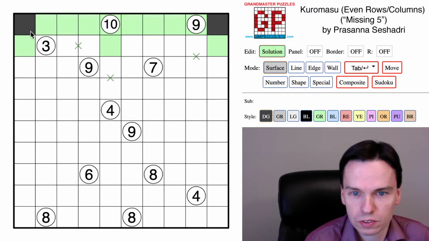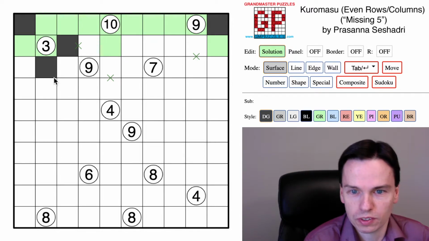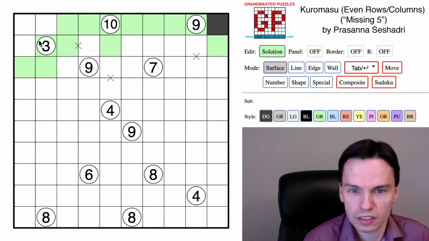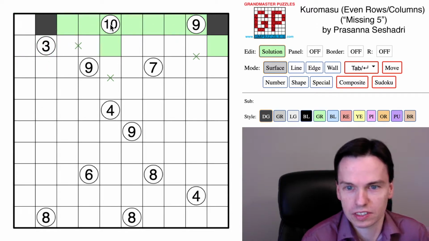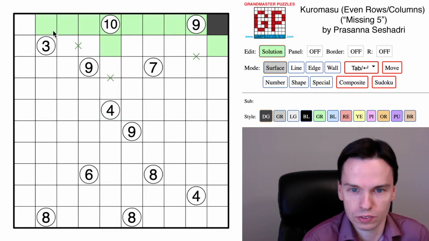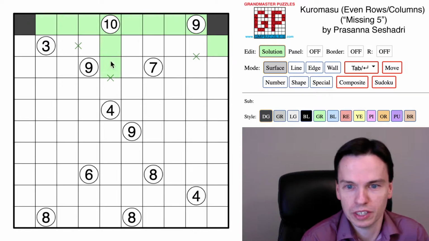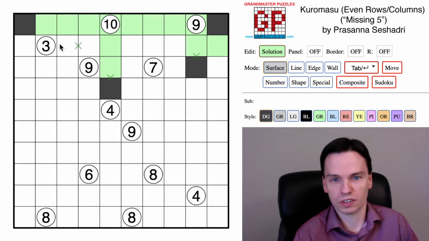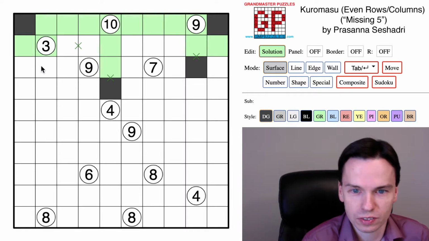If it were this corner cell, it's going to actually force these cells to quickly get shaded around it. And notice that that has the 10 seeing a total of 8. If it were not that, and it were shading this, then we'd have the 10 seeing 7, and the 10 would have to go all the way through. So the 10 has to see 8 as a minimum. It sees 2 more in the column. The 9 sees 1 more in the column. We've talked through that. Marking the cells around the 3,